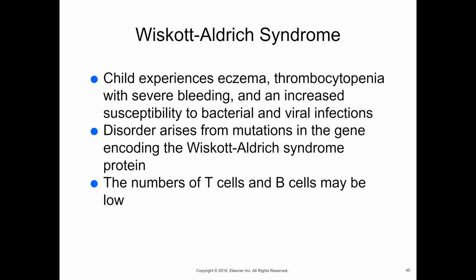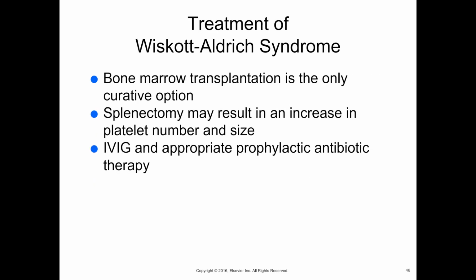In these people, you typically see a smaller than normal thymus gland. Even though our thymus gland is largest at birth, and it does decrease in atrophy throughout life in a normal person, these people already have a small thymus gland when they're born. They also tend to have issues with platelet synthesis, so that's why you see the bleeding issues. Treatment is bone marrow transplant. That's about the only thing you could do. And